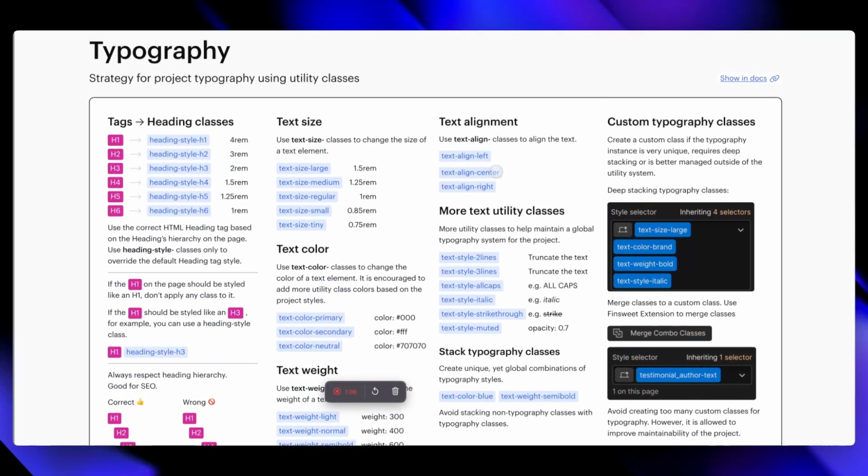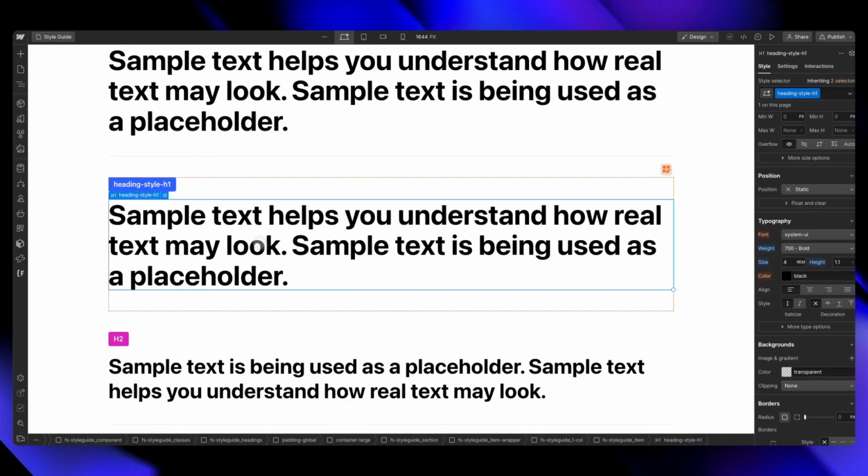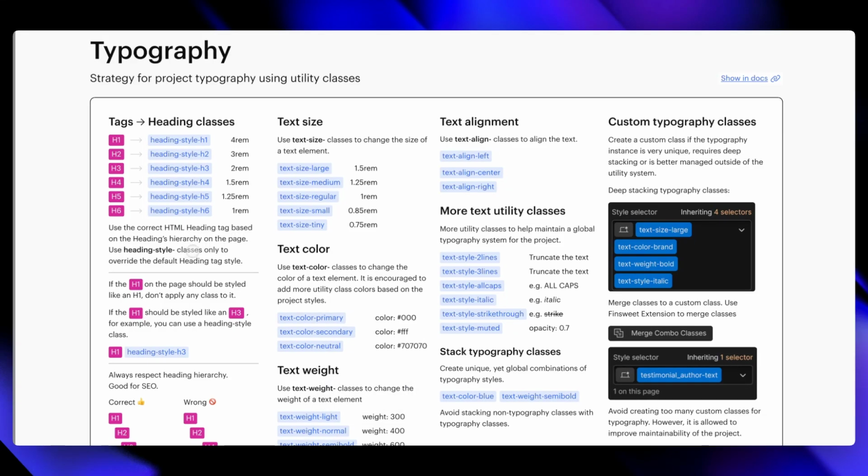Now, in this example, you can see that they note: use the correct HTML heading tag based on the headings hierarchy on the page. Use heading style classes, so basically these ones right here,